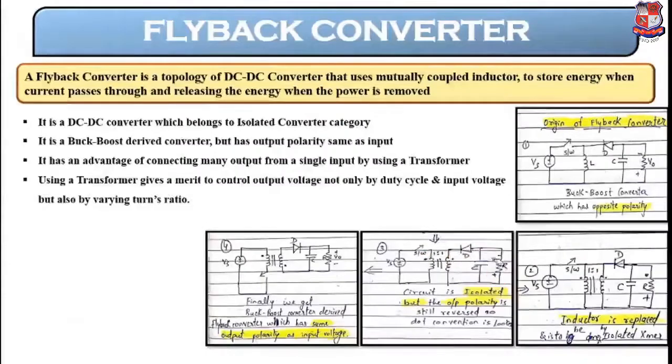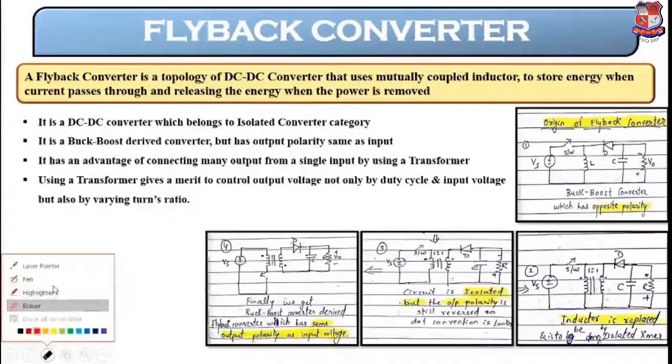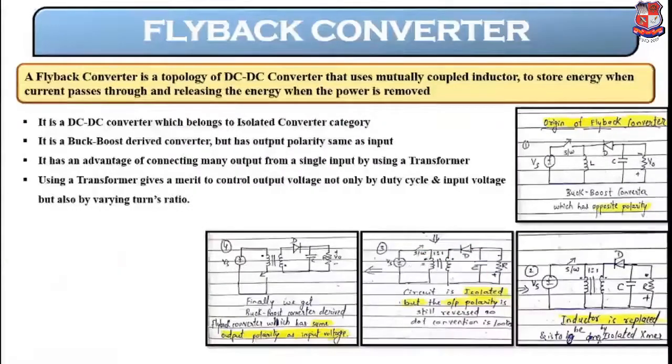This portion is all portion. So we see that this switch is now kept over here. Okay, this will bring no change. The switch is just brought down, and this mutually coupled inductor's dot configuration is now changed, from upward to downward direction.